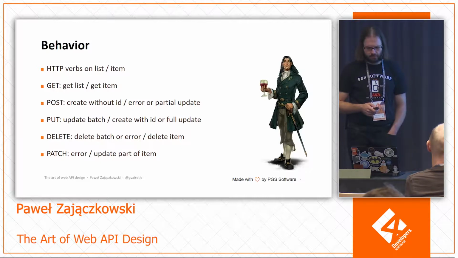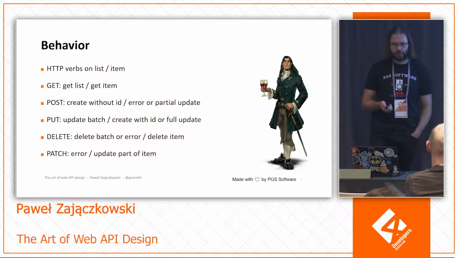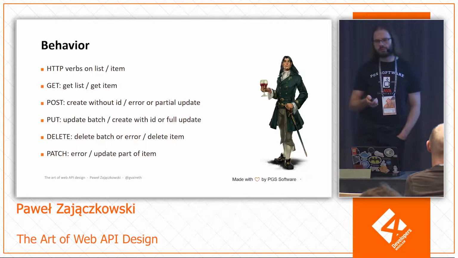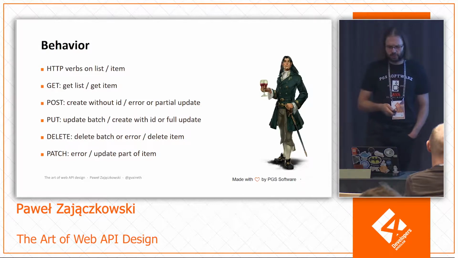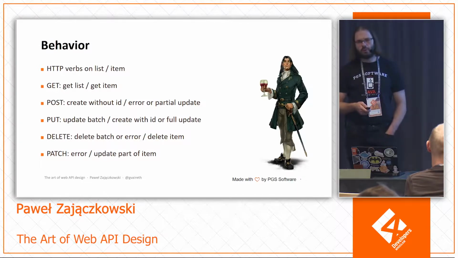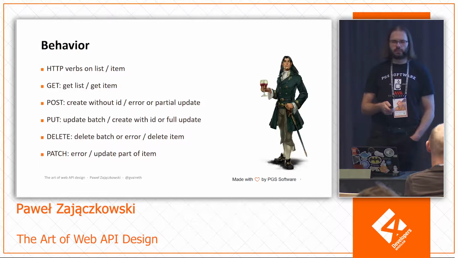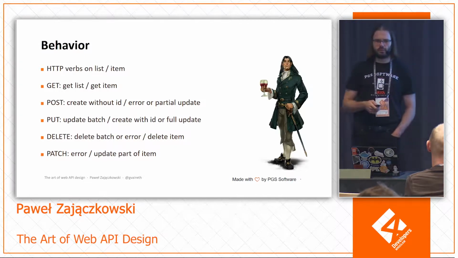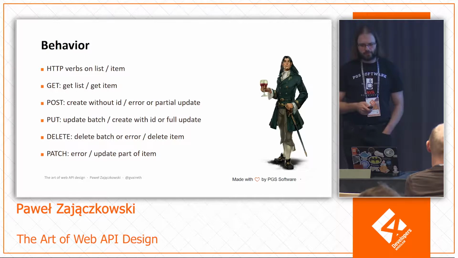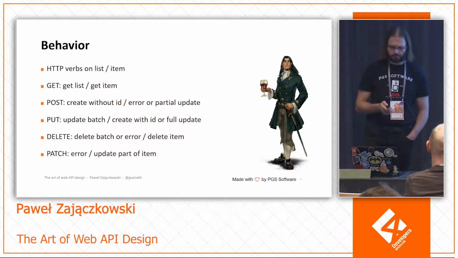DELETE, yeah, DELETE on an entire collection. Well, it deletes the collection. Of course, we need to be careful with that. DELETE on a single item is kind of straightforward again. And PATCH, this newer method, not that new anymore, but newer than the rest. Basically, on a collection, it doesn't really make sense to patch a part of the collection because it's about a single object. So on a single object, you can replace just several fields of that if it's JSON or something.